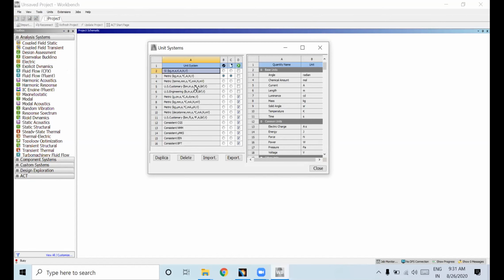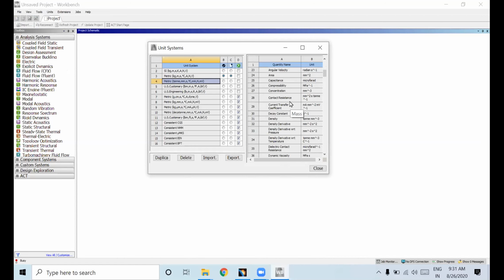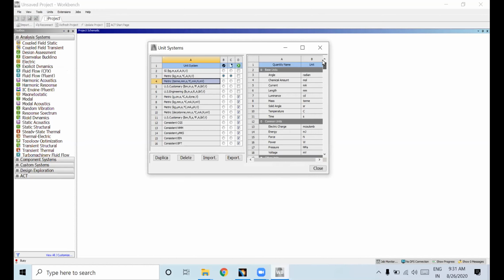If you go to unit system, here we have metric, ton. Everything you have here. If you want to change the weight into kg, you can change it here. Mass is there.